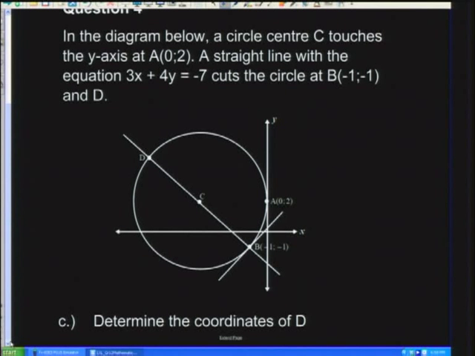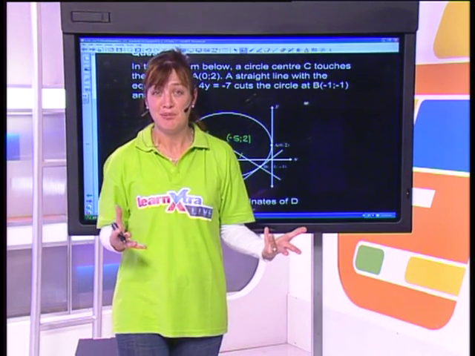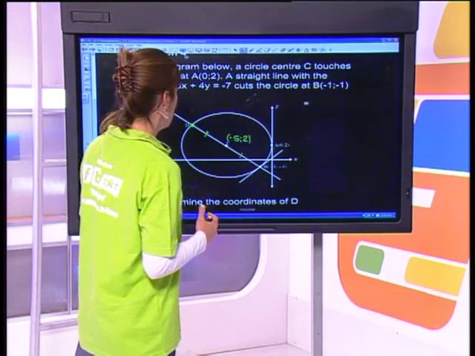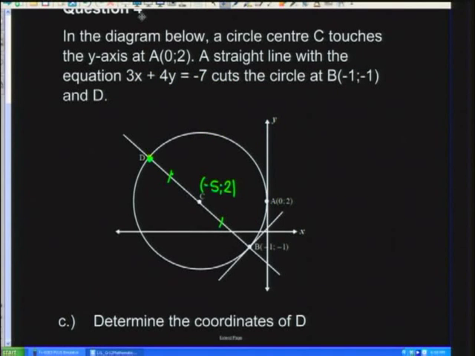If I know that I've got a negative 5 and I've got a 2, and they're asking me for point D, well, obviously, those are both radii, okay? So point D is going to be exactly the same distance from C as C is from B, so you're going to be using your midpoint formula here, all right? So midpoint formula, we're going to say, let's call D x and y,